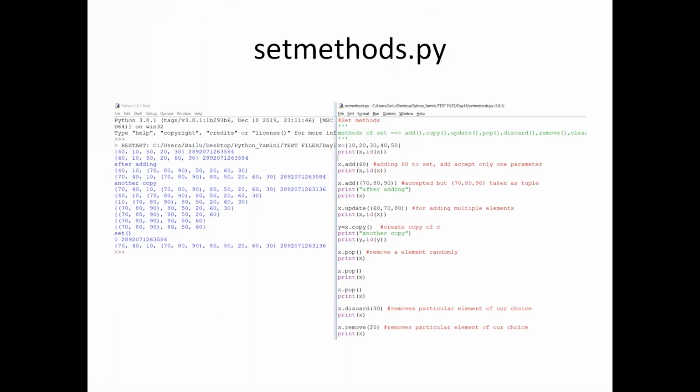Set methods. Functions are different and methods are different. You mention the variable type, and after the variable type, with a dot, you apply a method. So you can see here x.add, where a new number has to be added. So x.add of 70, 80, 90 means that 70, 80, 90 will be treated as a single element and